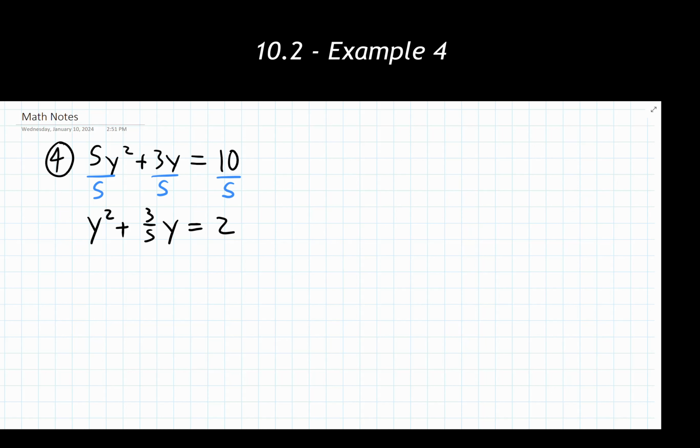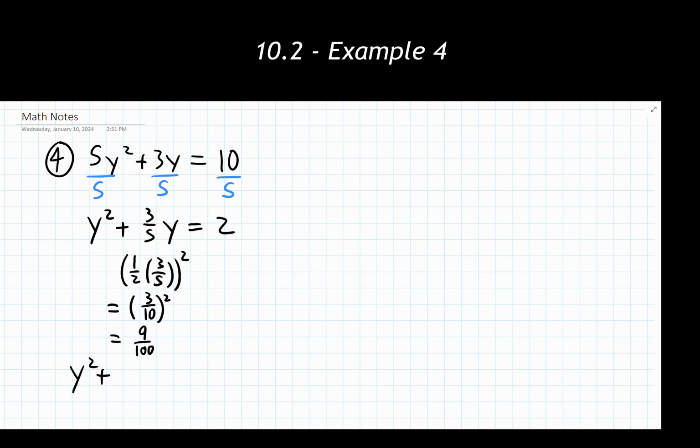All right, so now that we have a coefficient of 1 in front of here, that was our second step. Third step is to take half of this b value and square it. So again, we have fractions showing up here. That's fine. We have calculators we can use to go through and get to our answer, or at least assist us to get to that answer if necessary. So half of 3 over 5, I'm multiplying those fractions together. I'm getting 3 over 10 squared. And then when I square that, I'm going to be getting 9 over 100. And that is what's going to be added to both sides of this equation.